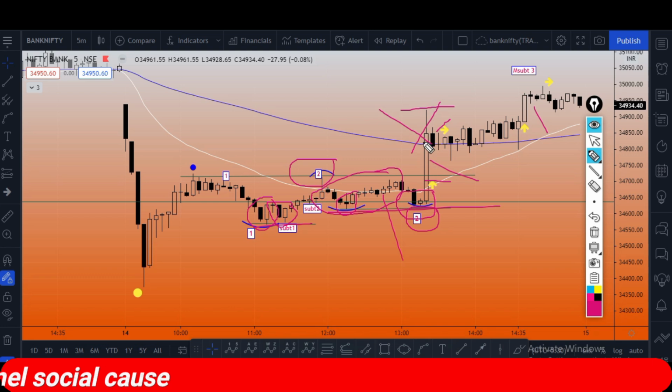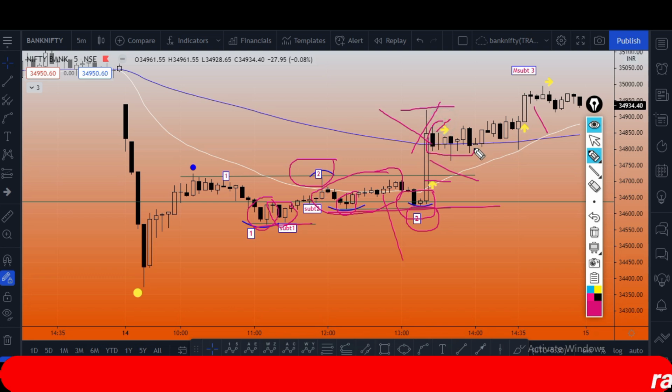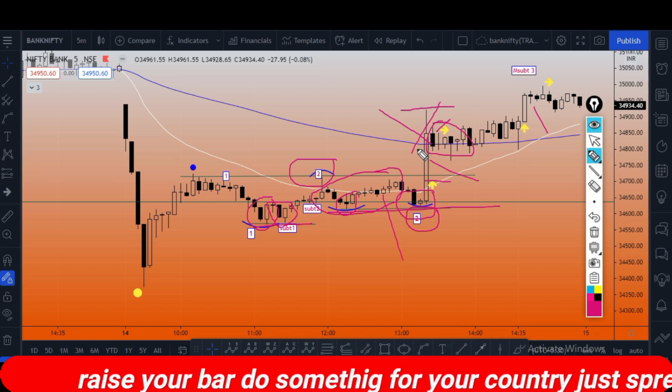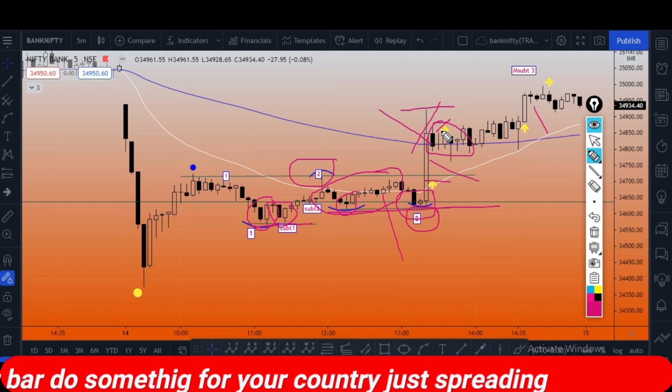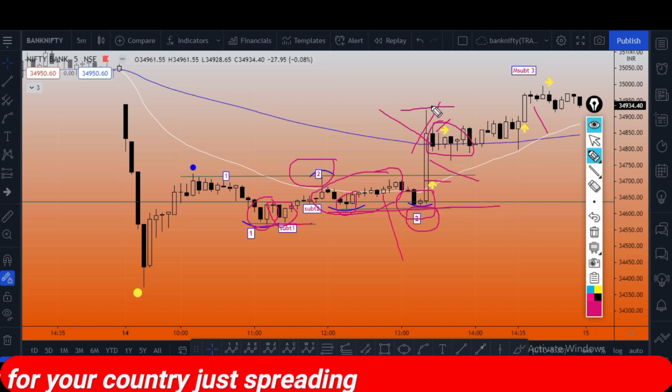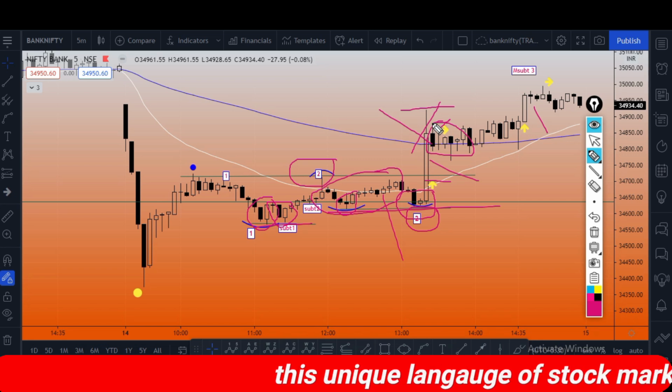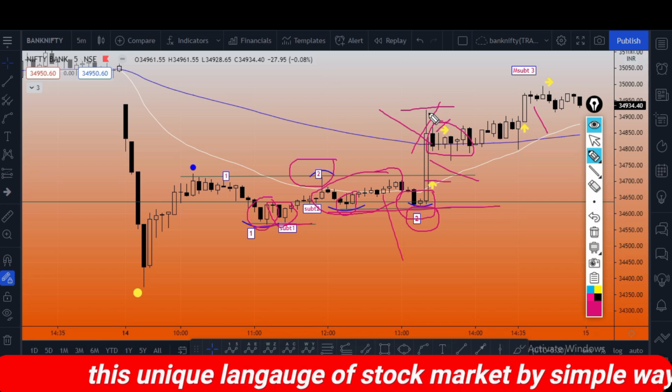In the same candle you have to book your profit. Don't wait for these candles, because this is a clear indication that rejection has already come. You need to book your profit. It is quite a good move, so better not to wait for further candles. This is the clear signal that the reaction has come and you have to book your profit. You should also be part of those who are booking their profit.